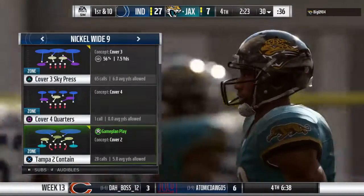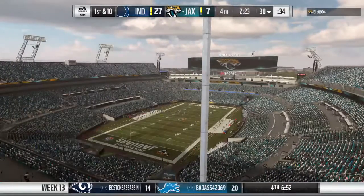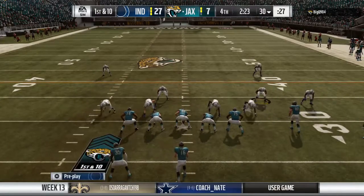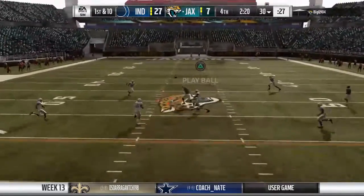Out comes the Jacksonville offense as they get set to take over here. These guys had to punt their last possession, and that's become too familiar of a refrain. Too many of these drives just wound up going nowhere. But you know how in baseball, when the pitcher gets a base hit and he's on base, they bring his jacket out to him to keep him warm? A lot of times the punter...